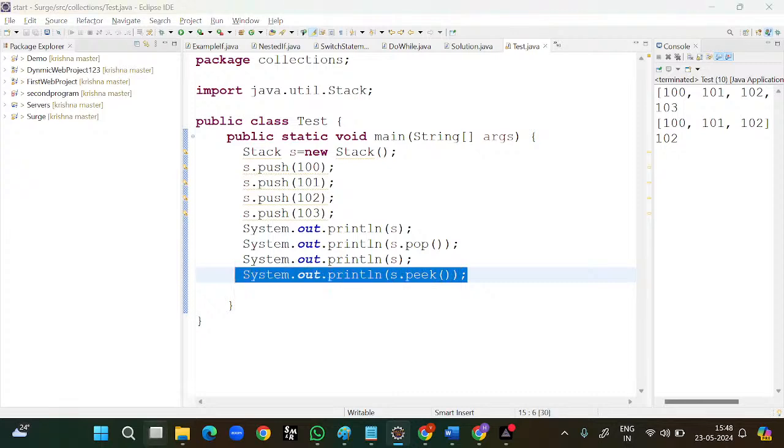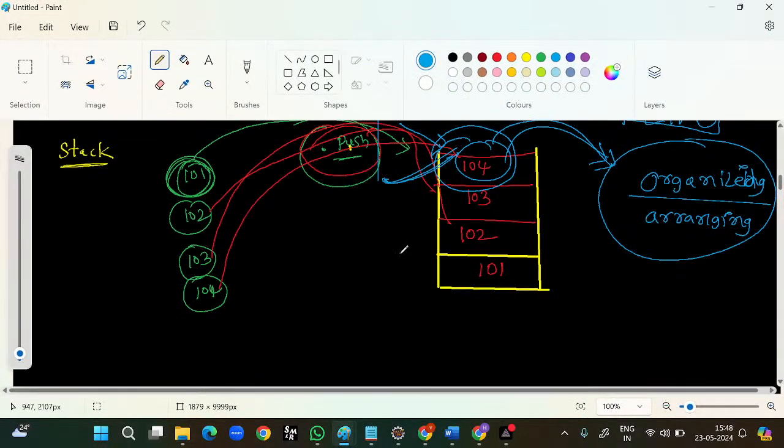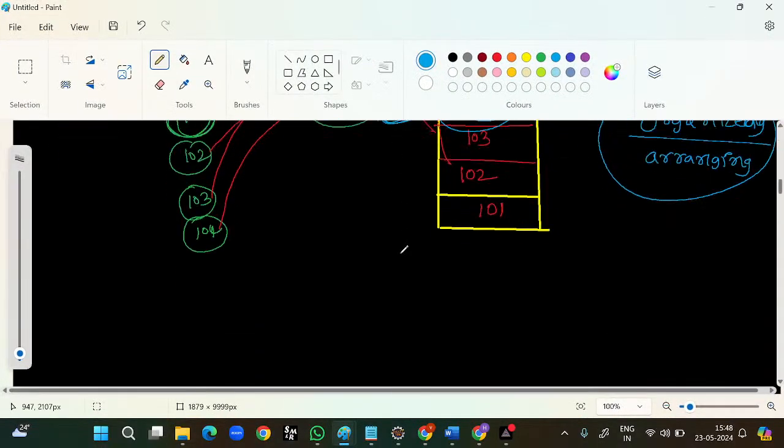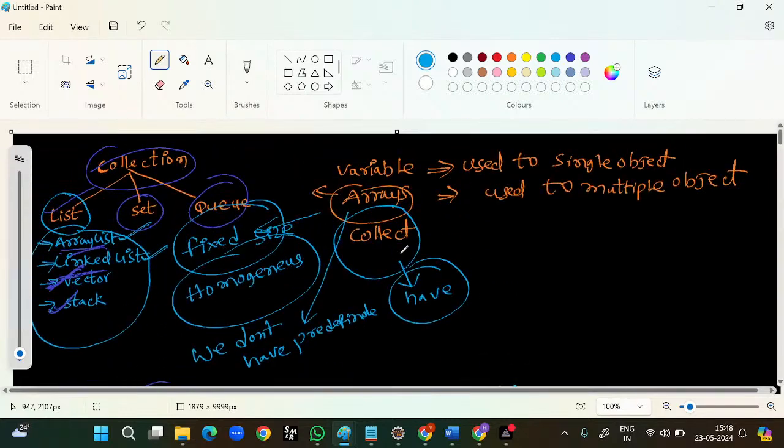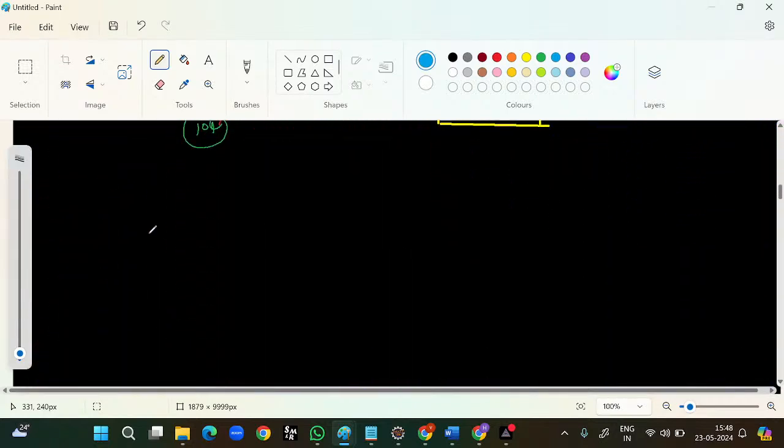Pop and peek are already explained. So with this we have completed the list category. Now we'll be having the set. After that we'll be having the small concept, that is the wrapper classes. Basically, wrapper classes meaning